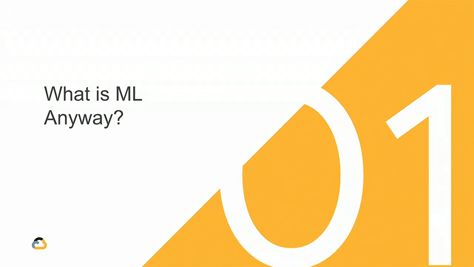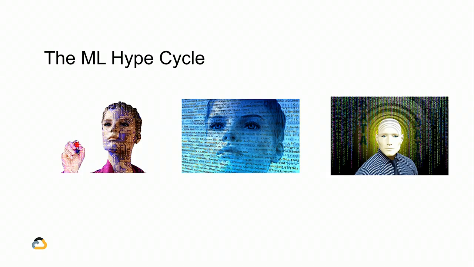So I always like to level set before I go into some of the offerings of machine learning and just talk a little bit about what machine learning is anyway and how we think about it at Google and why we're so excited about it. To me, first of all, when you think about machine learning, we're in the middle of this massive hype cycle around it. You probably see graphics like these in blog posts and news articles all the time. And they're just generally talking about machine learning will do this, and machine learning will do that, and machine learning will change the world, and machine learning will take away our jobs. There's a lot of hyperbole going on around machine learning. So what I wanted to do is level set a little bit and say, here's why this is going on.